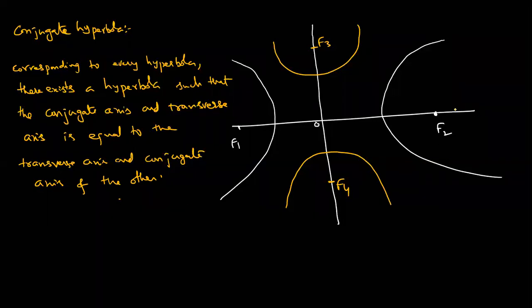So what does it mean here, dear students? This is, I told you, the transverse axis, clear? With respect to the hyperbola. With respect to the conjugate hyperbola, this is the conjugate hyperbola, I'm writing, see carefully. This is the hyperbola. Okay. With respect to the conjugate hyperbola, what is the major transverse axis? Anyone? F3, F4. What is the transverse axis with respect to the hyperbola? F1, F2.